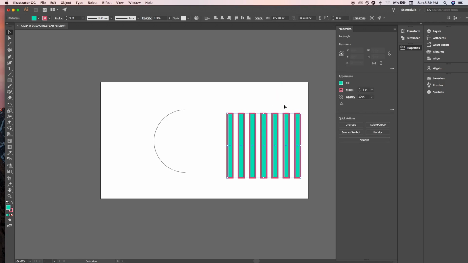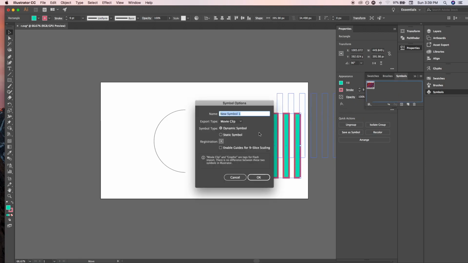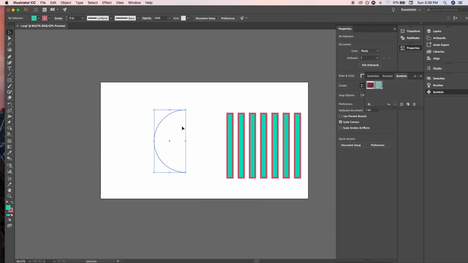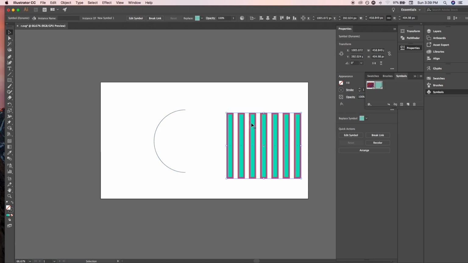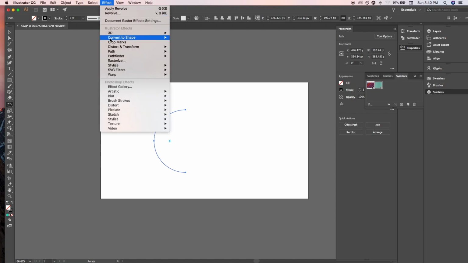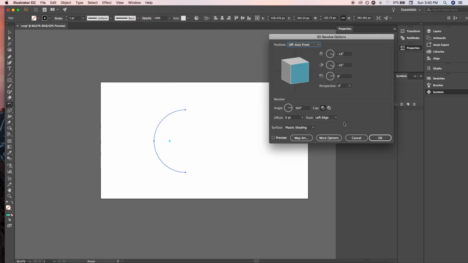and now after that group these and drag it into the Symbols panel and name it, export to Flash graphics and click OK. And now you can delete the rectangular straps, just delete them, they are no longer needed. And after that just select the arc and go to Effect, 3D and Revolve. Now just check the preview